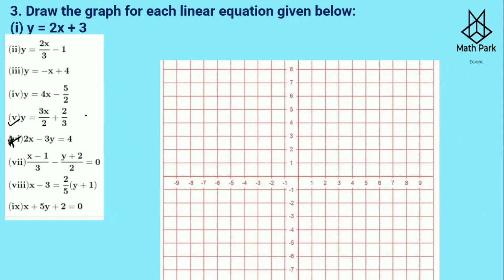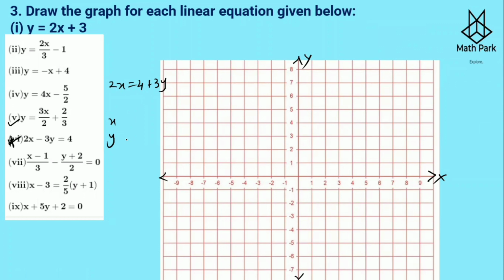2x minus 3y is equal to 4. So first draw your x-axis and y-axis, and the points over here. Now 2x minus 3y is equal to 4. So you get, if I put, 2x is equal to 4 plus 3y. So let us make the table again, x and y. Since we are making x the subject on the left hand side, let us put the values of